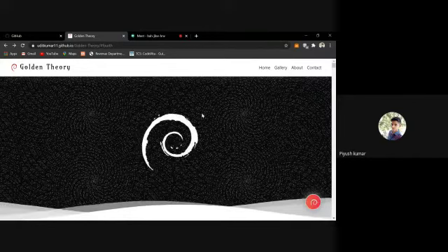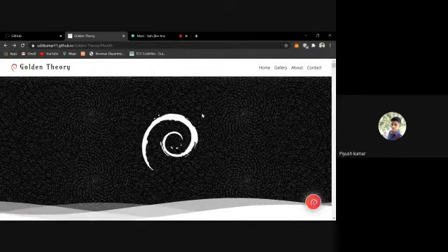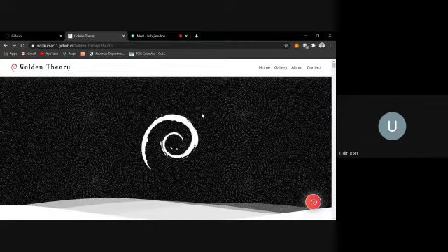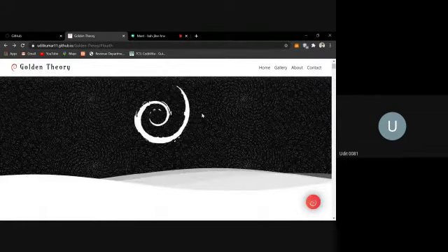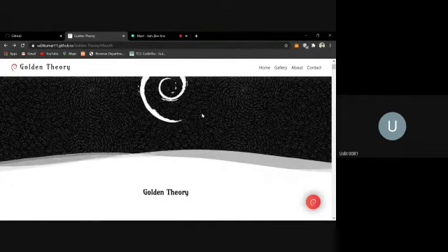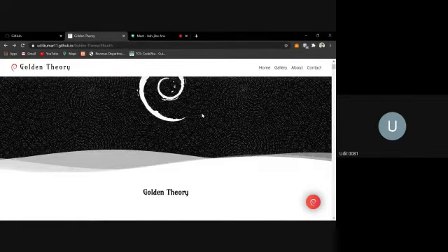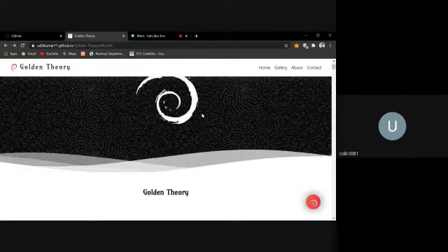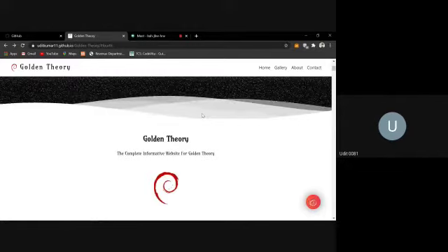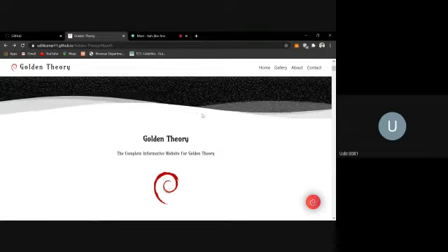The logo which we made is animated, and we animated it using CSS animations and keyframes. Now comes this wave section. These waves are simply made using keyframes and SVG images. And now comes this title. It's simply a title made using H1 tags. And now this is a simple image, basically the logo.